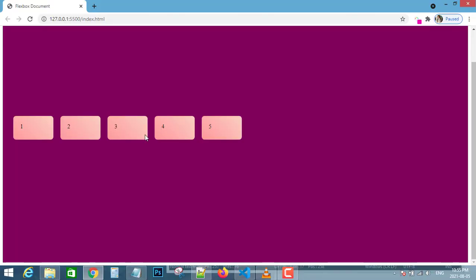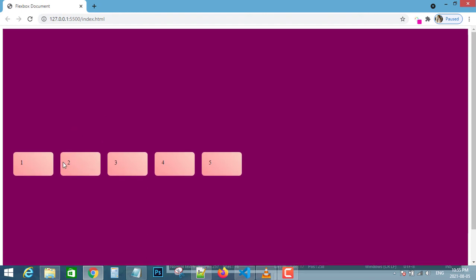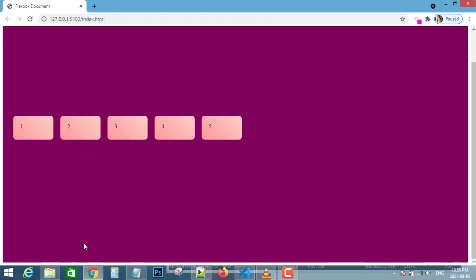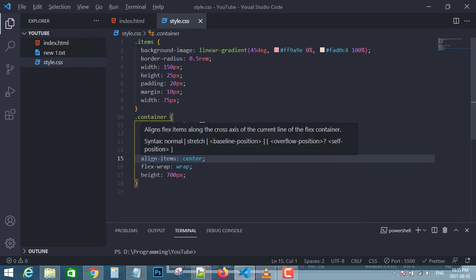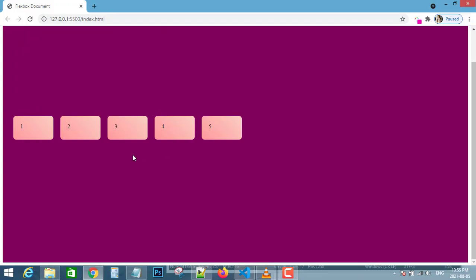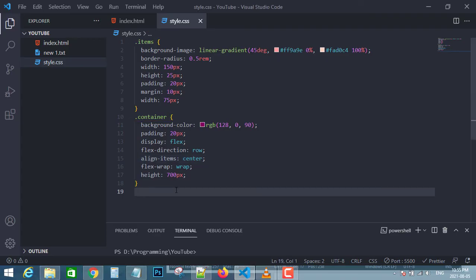Basically how align-self works is that if I want one or more certain items to be out of their place, such that I want two items to follow the flex-start property and maybe others the flex-end property, then I will use the align-self property. As the name suggests, self, it takes one div item or more than one separately, and then applies that flex property on just that particular div item.